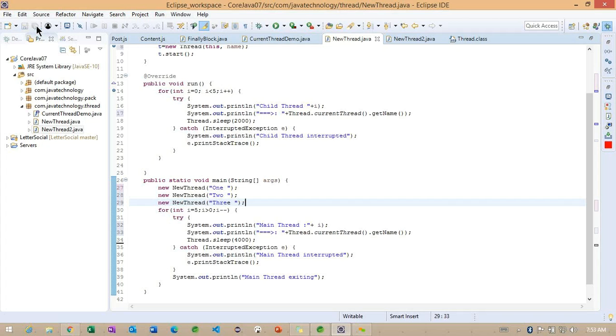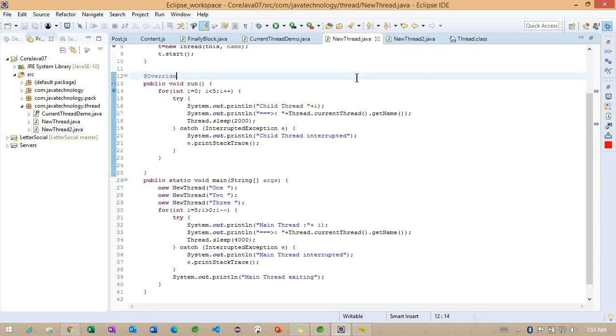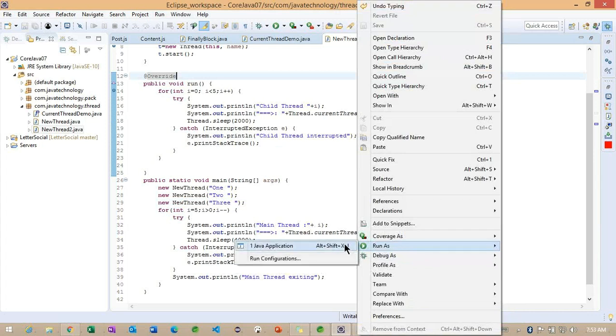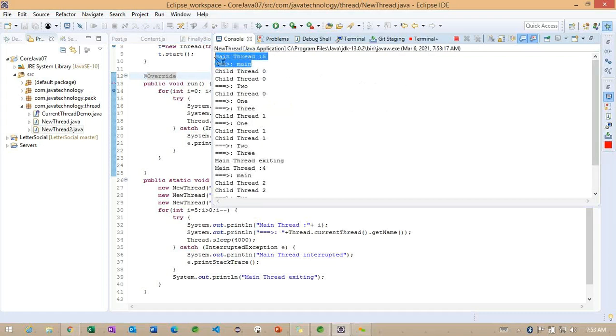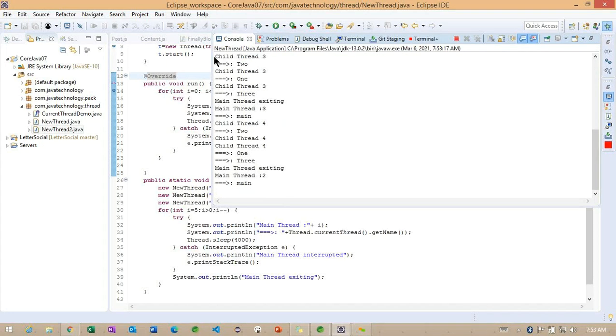Getting the point. So we'll try to start the same example here. Observe carefully how exactly it's going to work here. So you can see the main thread is executed. Why is the main thread executed? Because internally the main thread only is going to call the constructor of the new thread here.